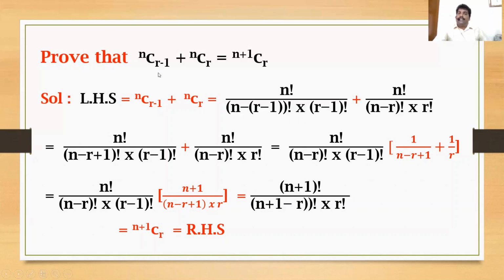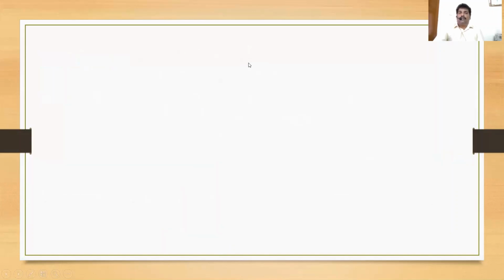So you should remember this formula while calculating problems. We'll use this formula. So what is this formula? Once again, nC(r minus 1) plus nCr is equal to (n plus 1)Cr. Here r minus 1 and r, these two you have to observe. Then here (n plus 1)Cr. You should remember this formula. So for the application of this formula, we'll do some questions.